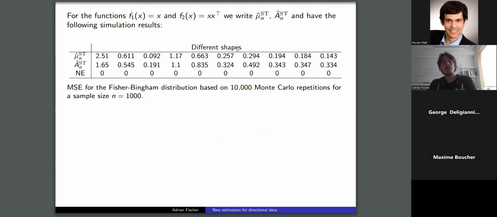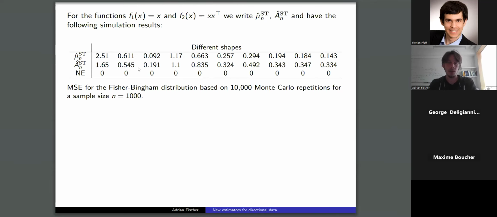We found the following choice of test functions quite convenient. So we chose the identity, and for the matrix-valued function x times x transpose. And then we conducted a simulation study for different parameter constellations and in different columns here. And here you find simulation results for our Stein estimators that you saw on the previous slide, mu hat and A hat. Here are the MSEs for mu with respect to the Euclidean distance, with A with respect to the